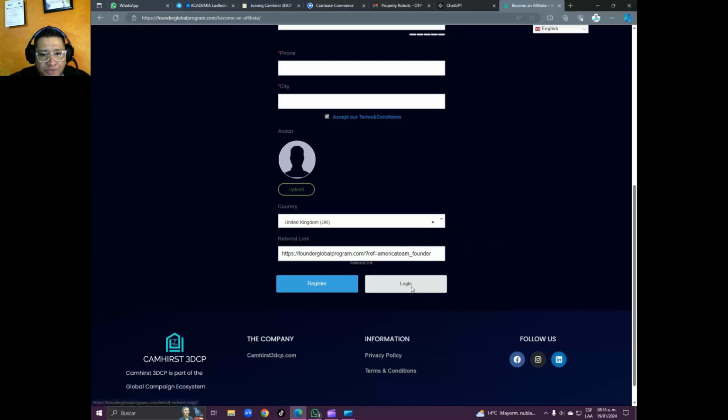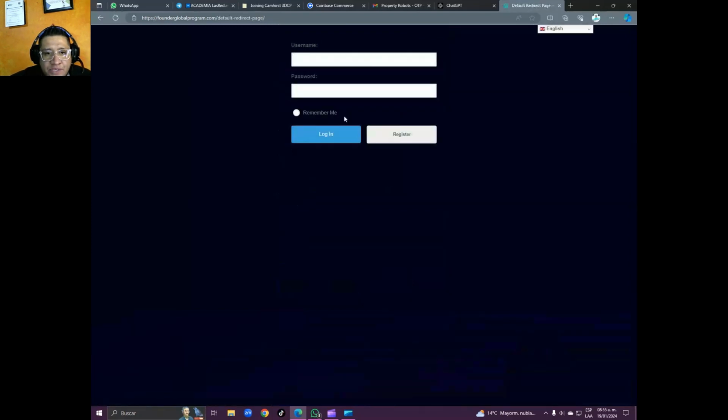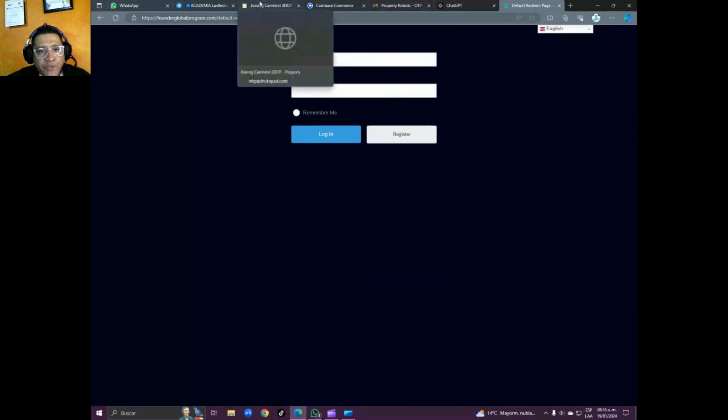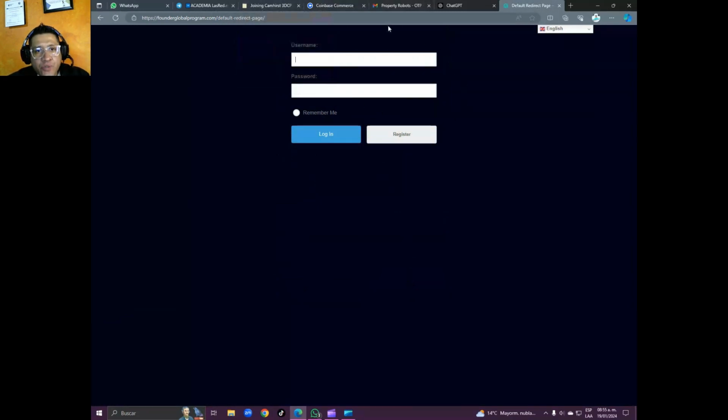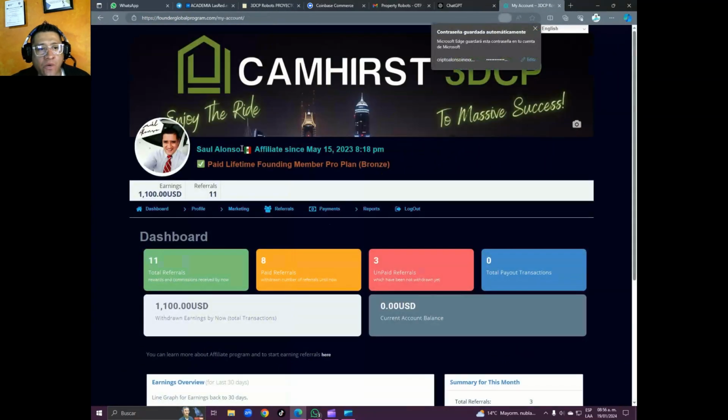Okay, once you do that, then you're going to be taken to this other page where you're going to put your username and your password. You're going to be able to log in into your Founders account. Okay, we're going to see how to do that. Okay, here we go. So once you are inside your back office in the Founders Club position,